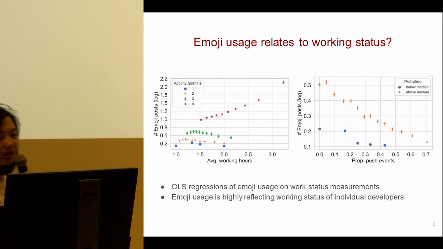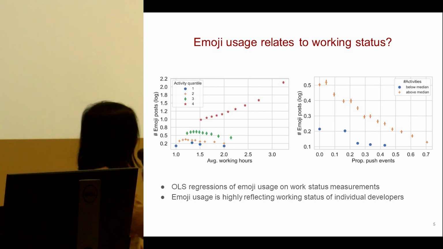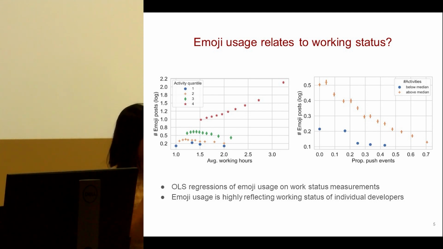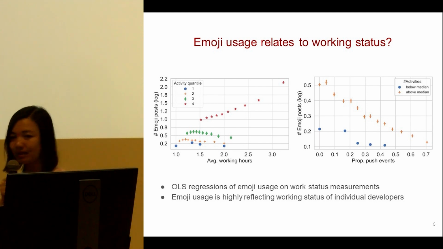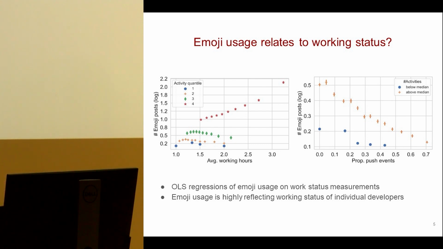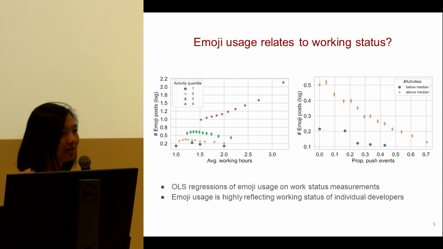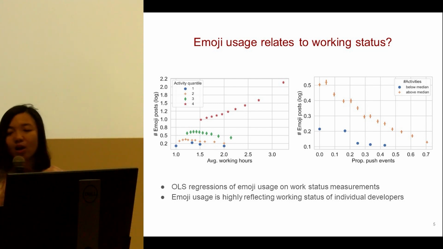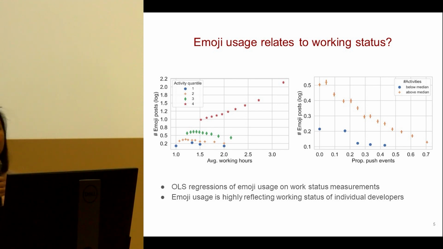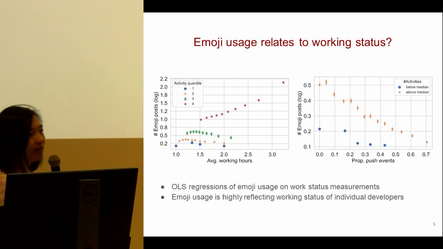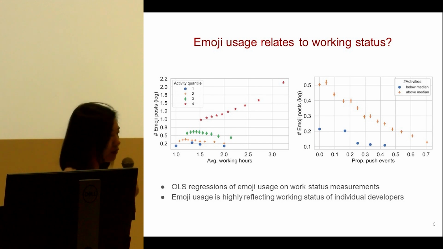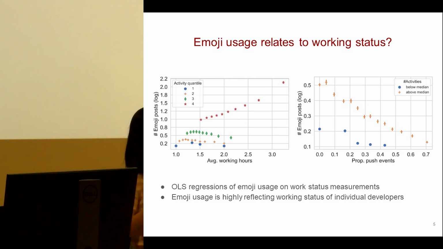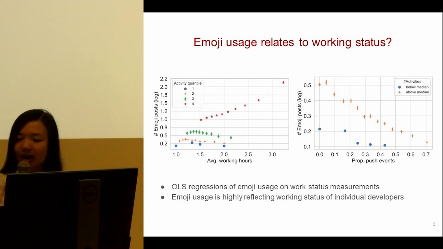So as we are interested in how we can use emojis to monitor the emotions on this platform, however, we do not have the ground truth about the emotion status of the users or the remote workers. But what we know is that the emotional status, or the well-being or the mental health status of workers, is highly related to their working status. So in the next step,